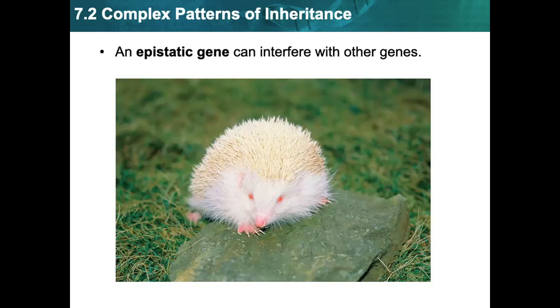So you can see this in rabbits, you can see it in this hedgehog. Sometimes animals also are albino for the same reason, where they have another gene that interferes with the melanin making genes. And usually they have red eyes,